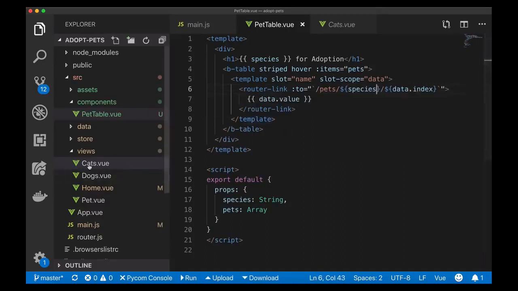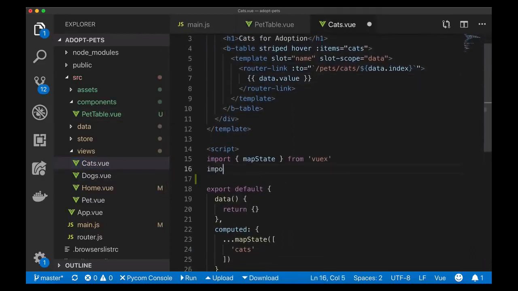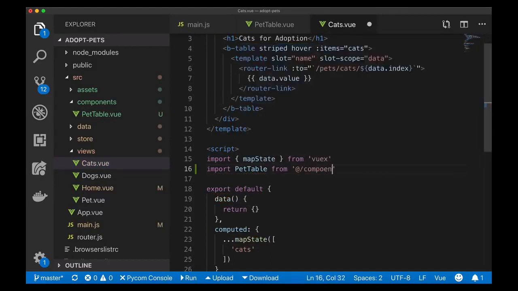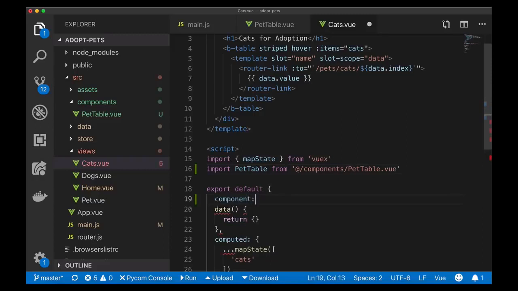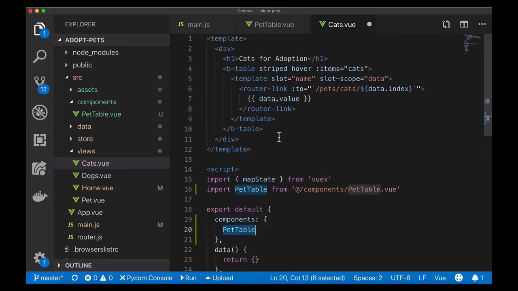We just have to import the pets table. Let's import it into cats first. So I'll import the pet table from @components/pet table.view, and I need to set it as a component I'm going to use in my DOM here. Components: pet table. Not sure if I mentioned this previously in the video, but using pet table as a component